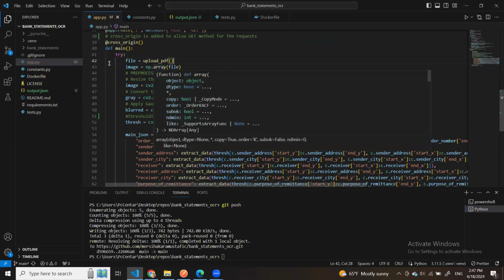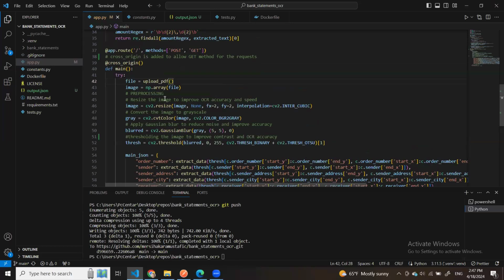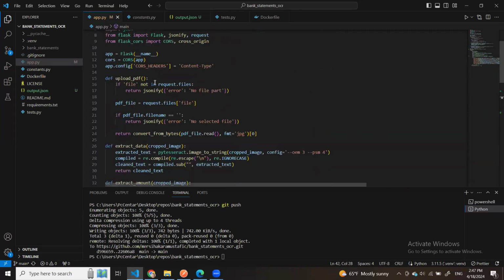First of all, we want to upload the document in order to process it further, and after that to extract the data. And let me just go to the upload PDF function. It is the first one, and to see what's done in the background. Okay, so first of all, after the request is made,